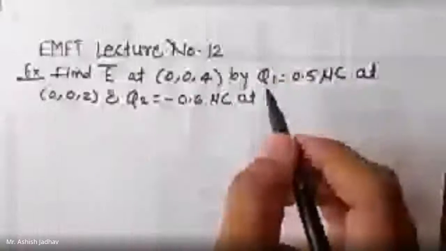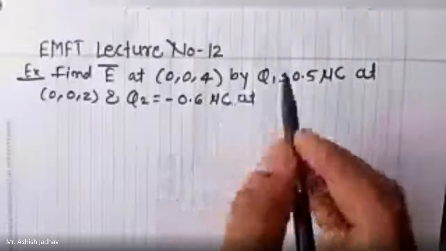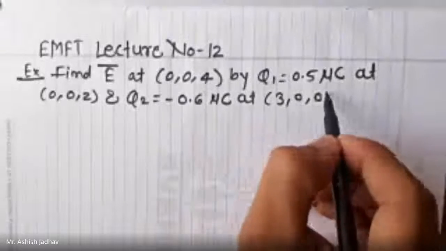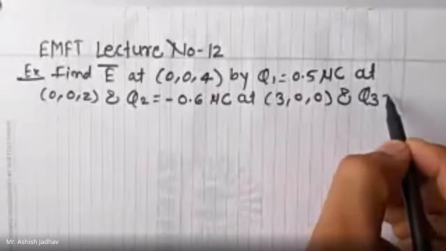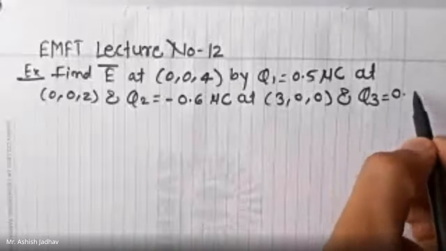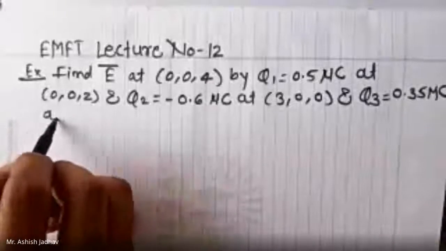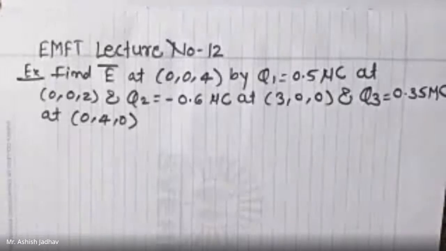Hold on for a second. Right, it is correct. Q2 is equal to minus 0.6 microcoulomb at 3, 0, 0, and one more charge is given. Q3 is equal to 0.35 microcoulomb at 0, 4, 0. So 3 point charges are given to you, and you have to calculate the electric field intensity